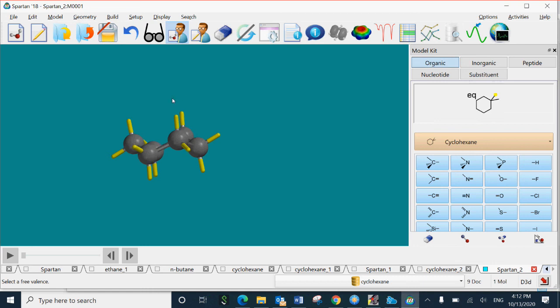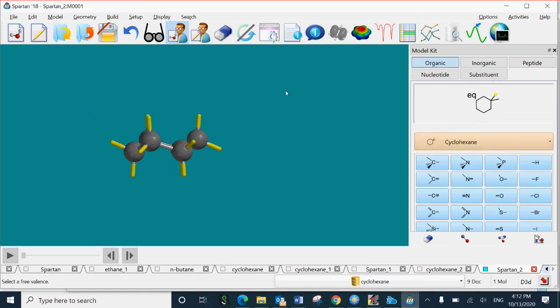So first we will make diaxial. So it's better you orient to the chair form. So this is carbon 1, 2, 3, 4. This is the axial position on carbon 1, and this one is the axial on carbon 4.